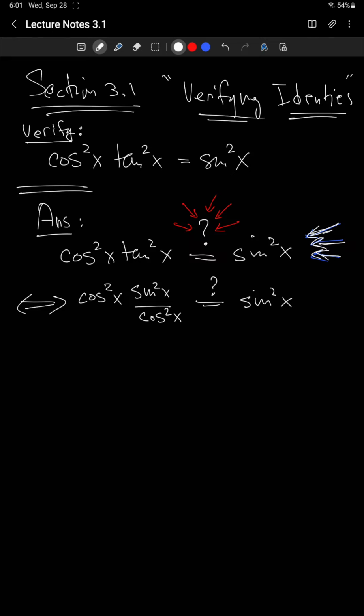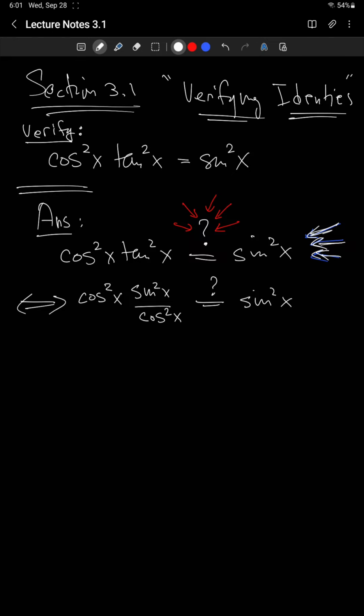So one possible strategy for these problems is to just convert everything to sines and cosines. Why is that? Well, because then you have fewer types of trig functions to work with, and so it's easier to recognize whether two things are equal or not. All right. In any case, the advantage of this first step was that we